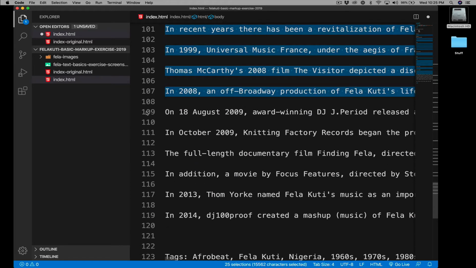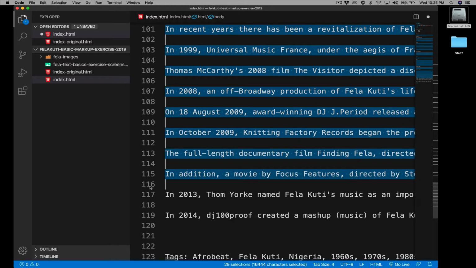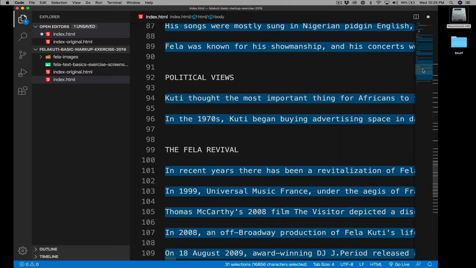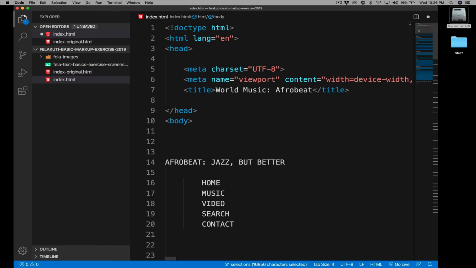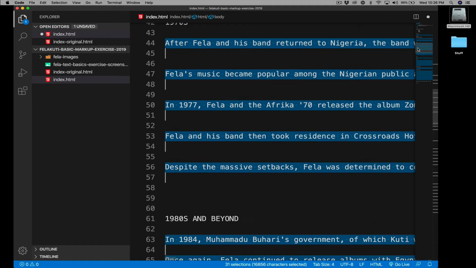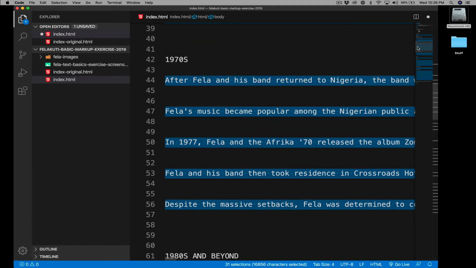So what we see here, each paragraph looks like it's only one line, but that's because the line stretches on for a very long distance. Ultimately, I now have about 30 or 40 selections. What's going to be a paragraph we want to wrap in a p tag. Here's how we do it, and this is a beautiful shortcut. Atom has similar shortcuts, Sublime Text does too, and Visual Studio Code. To do this, I want you to do